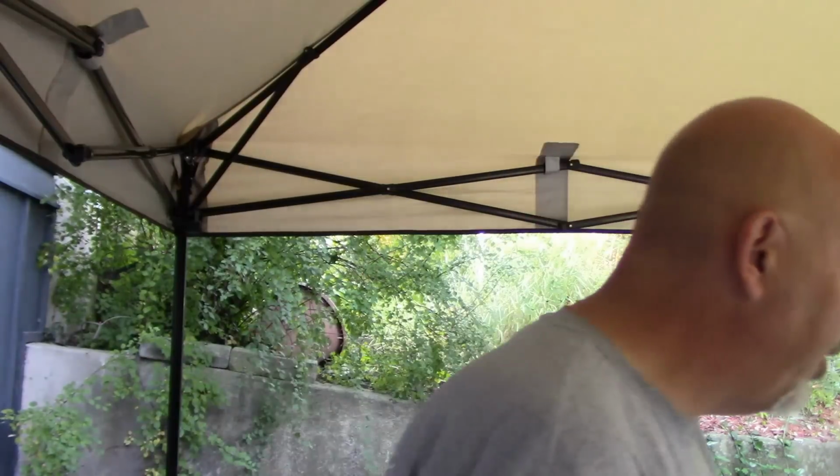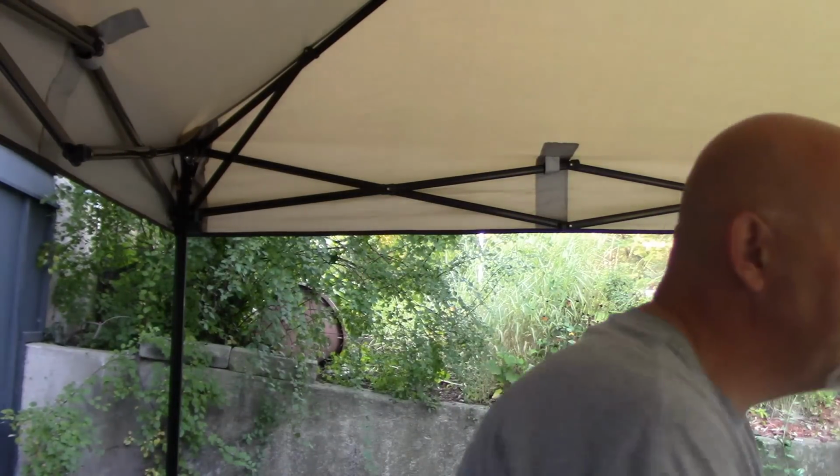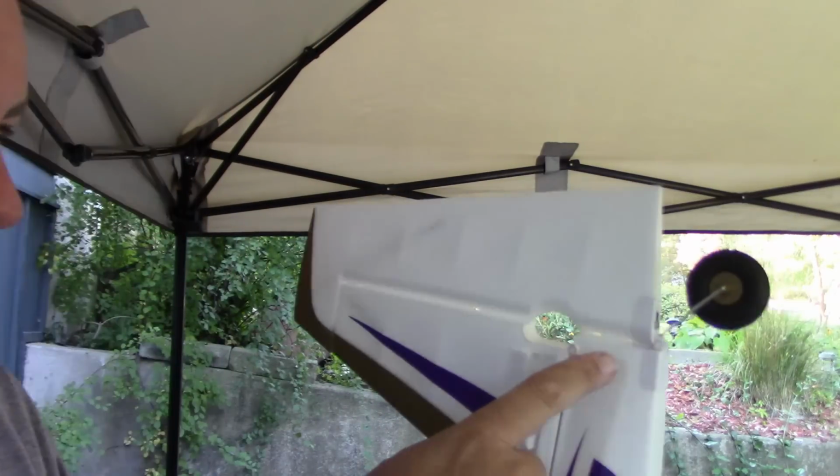Alright, I got the floats on. I'm going to go ahead and do the tail now, and then I'll spin it around and start putting the wings on there and getting all the rest of it set up. I mean, we're getting closer. What I had to do, you saw it in a quicker version of it. The screw back here on the, and all it is,